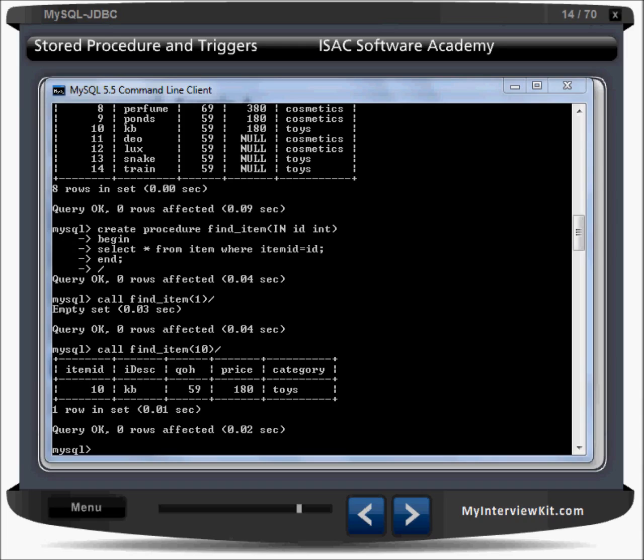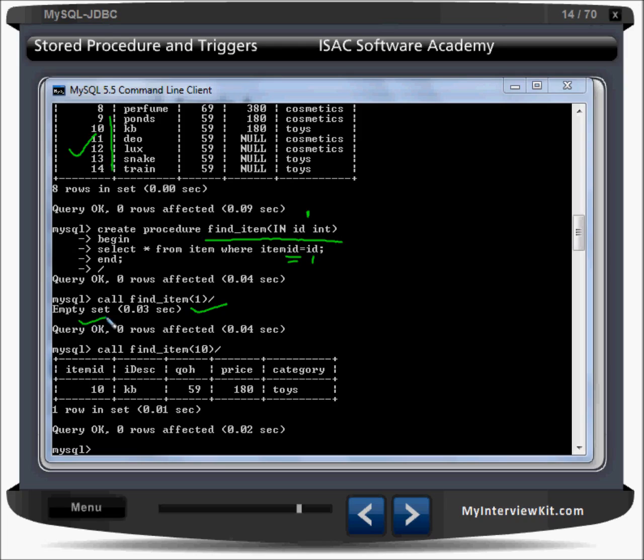Now this is my table. So what I've done is I have created one procedure find item where I need to pass one argument. Whenever I'm calling this procedure, I'm passing 1. So 1 is coming to id now. It tries to match with the item id. There's no 1 in the list, right? So it is saying 0 records,